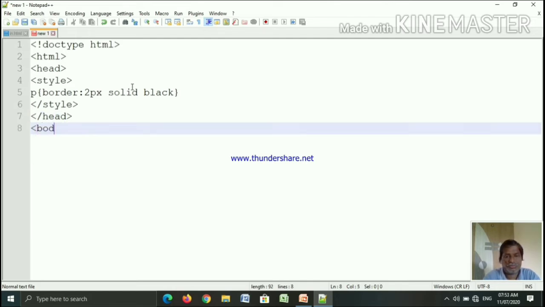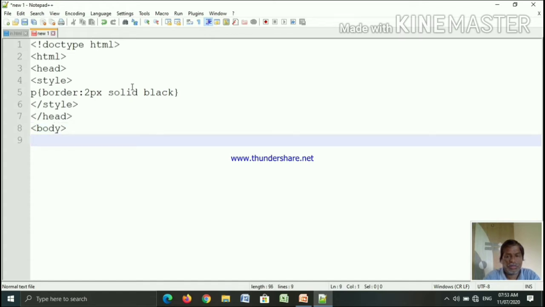Body, H1 selector. This is the display property. End of H1.